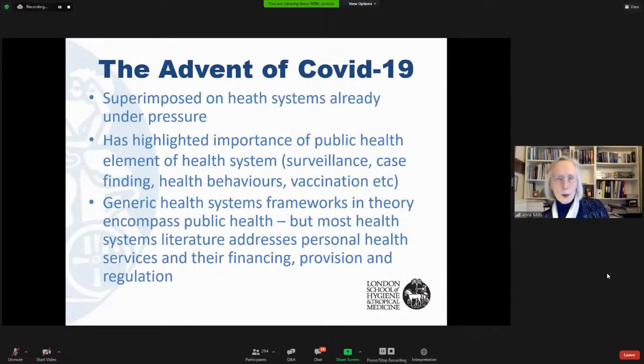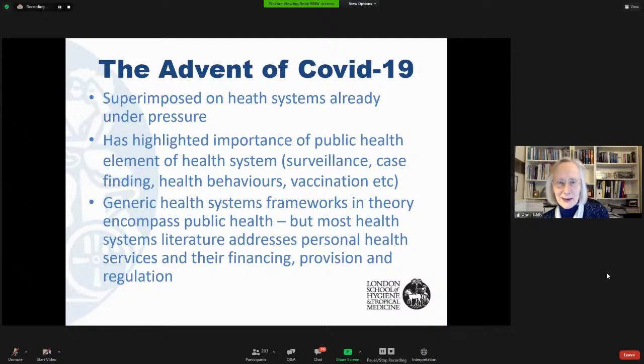Right, so drawing to a conclusion, I wanted to make some concluding comments just relating to COVID-19. It's difficult in this era not to take it into account. The obvious point is that it's been superimposed on health systems already under pressure. But I think we always look for silver linings in difficult periods, and I think a silver lining is definitely